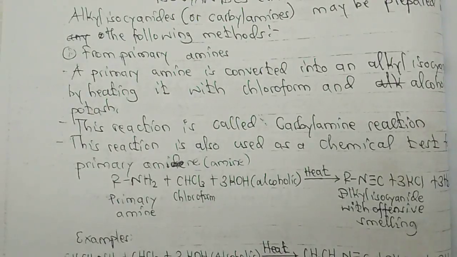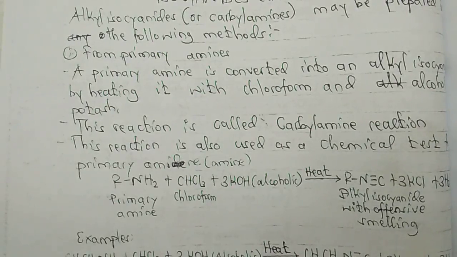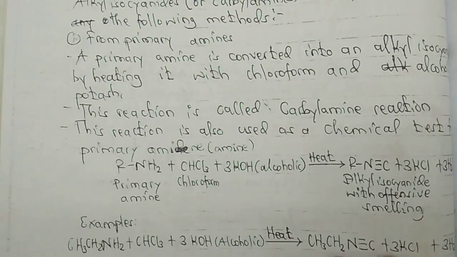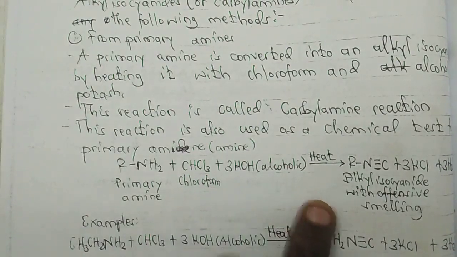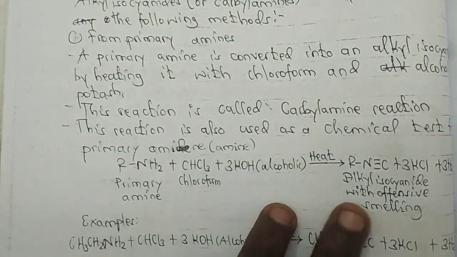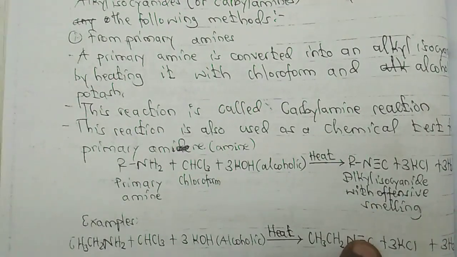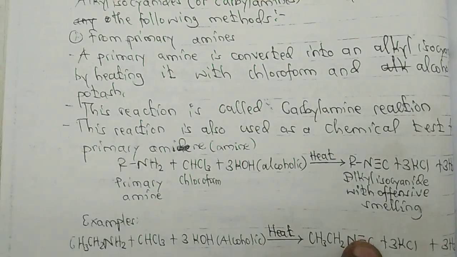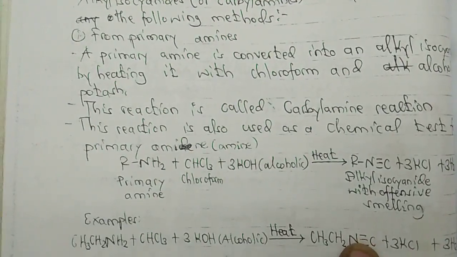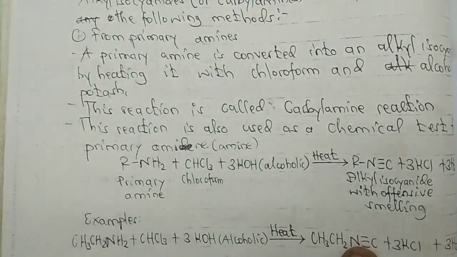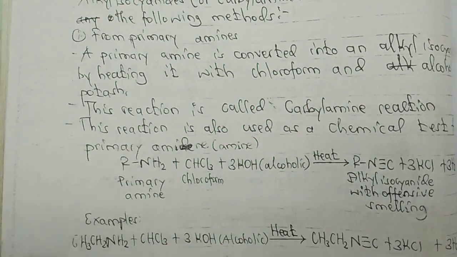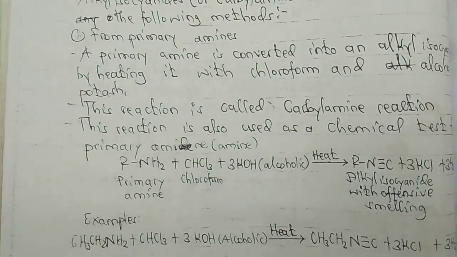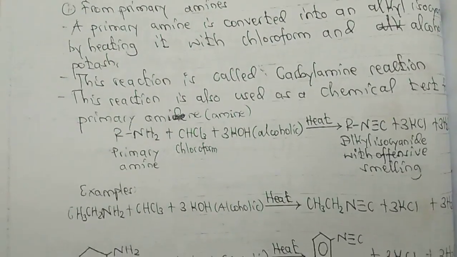carbylamine reaction, and is also used as the chemical test for the primary amine. Unaona, primary amine, they react with chloroform in the presence of the alcoholic potash, yani potassium hydroxide. Tunapata alkyl isocyanide with offensive smell. Kwa smell inayokuwa inatoka pale inatusaidia kujua if this is the primary amine or not. The secondary amine and the tertiary amine, they don't do this reaction. That's why it's used to differentiate between the primary and the secondary or tertiary amine, because of that offensive